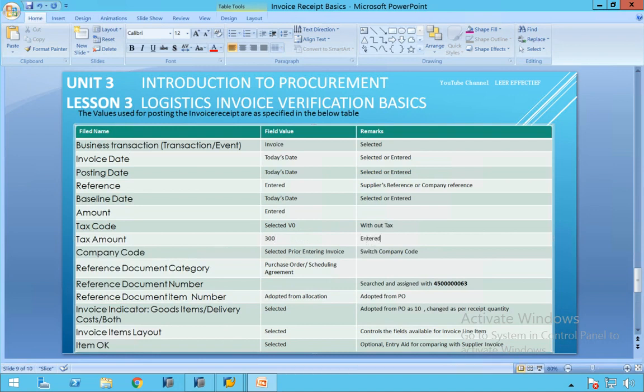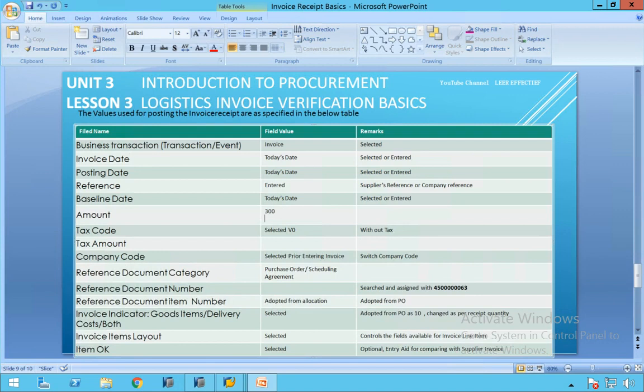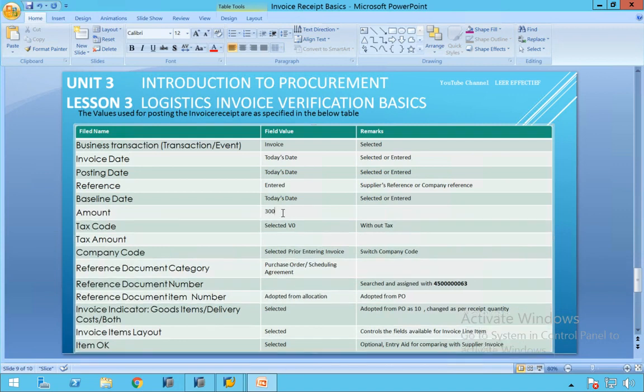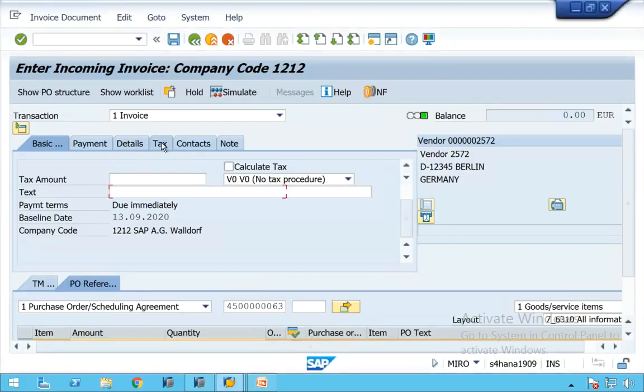Oh, I'm sorry, tax amount we have not entered. Very sorry. We have entered the amount as 300. So now enter the tax amount. We'll see what the tax amount is.